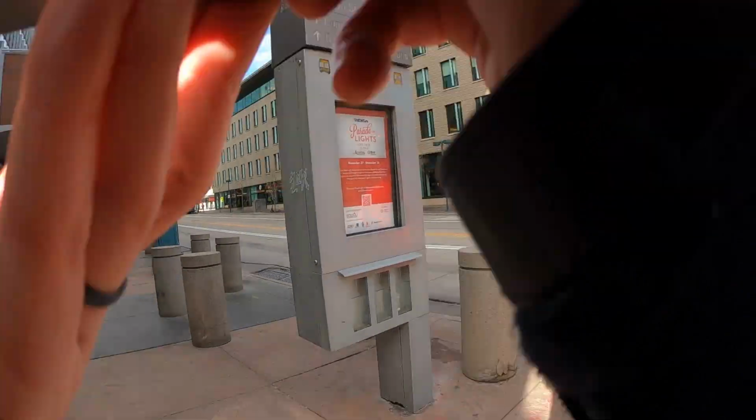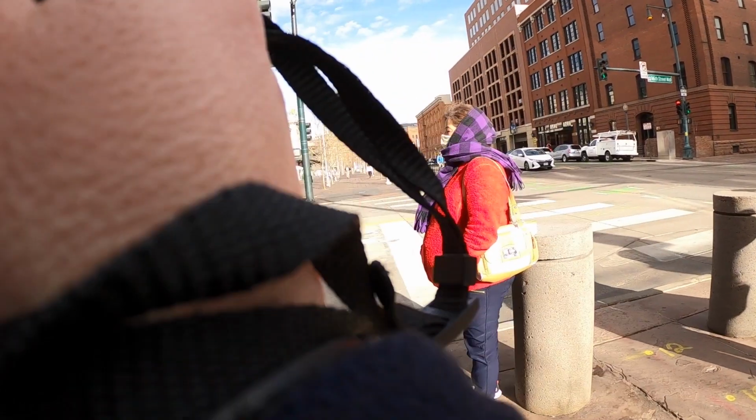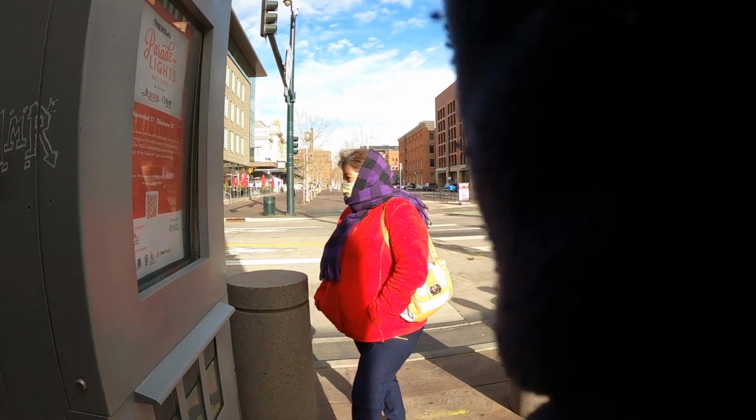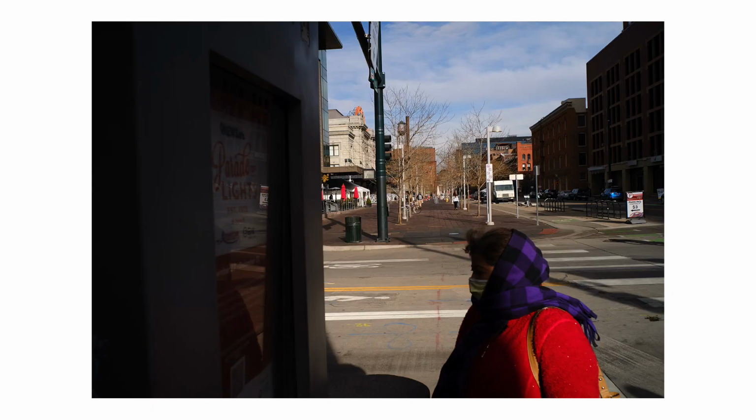On the next corner there was this lady waiting on a bus. She had a nice red shirt and purple head scarf thing on, and just as we arrived the bus came and she walked towards it. This one it's still not that good. There's too much darkness on the left hand side, but the best thing about it is the colours that she's